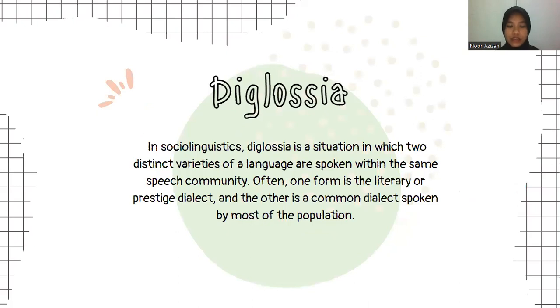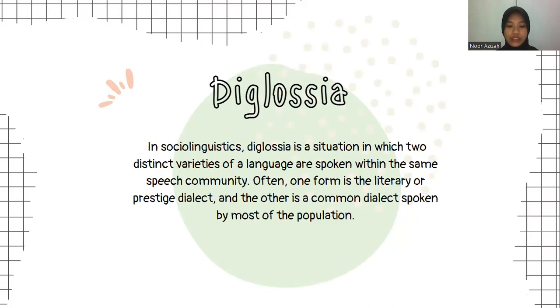Okay, the next is about diglossia. In sociolinguistics, diglossia is a situation in which two distinct varieties of languages are spoken within the same speech community. Often one form is the literary or prestige dialect, and the other is the common dialect spoken by most of the population. According to Ferguson